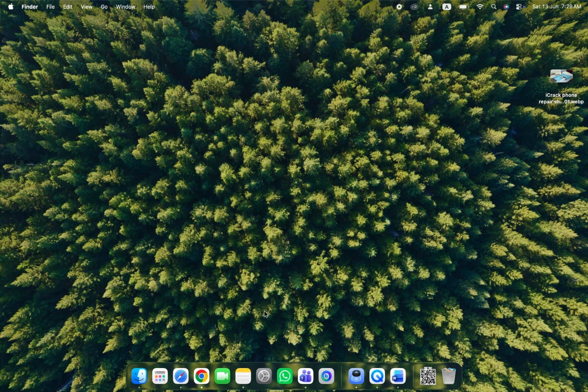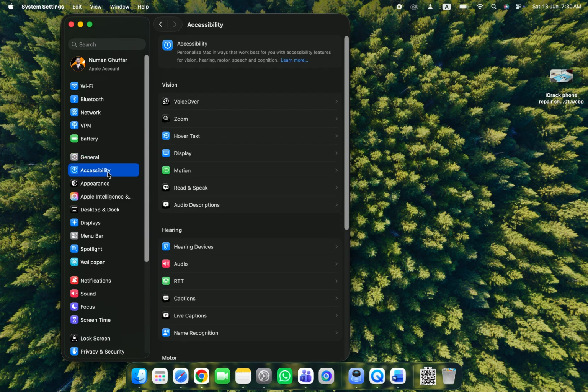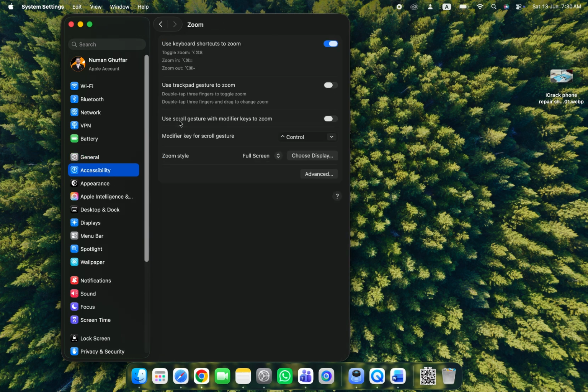If you'd rather disable screen zoom completely, open System Settings on your Mac and select Accessibility from the sidebar. Then click Zoom. Here, you'll find the option to use keyboard shortcuts for zoom. If this setting is enabled, simply turn it off to prevent the zoom feature from being activated with shortcuts in the future. You'll also notice that the available zoom shortcuts are listed here, which can be helpful if you ever